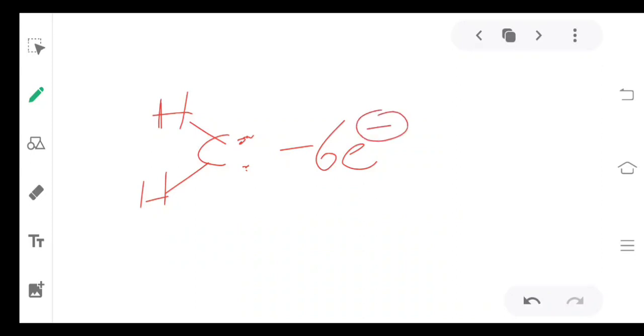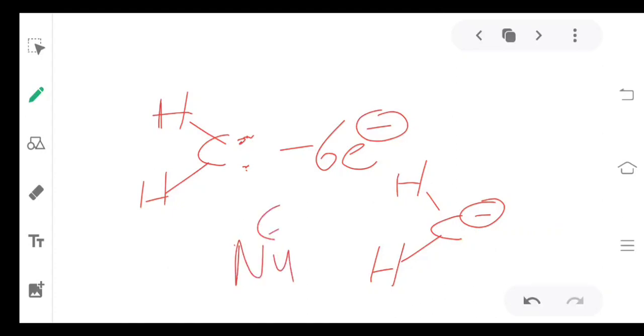Carbene, what is a carbene? Carbene is a 6 electron species with neutral charge. Now please pay attention students. Whenever you add electrons to the carbene, it converts from neutral to minus charge. Suppose you are adding any nucleophile to this carbene. The nucleophile will get added and it develops minus charge on the carbene.